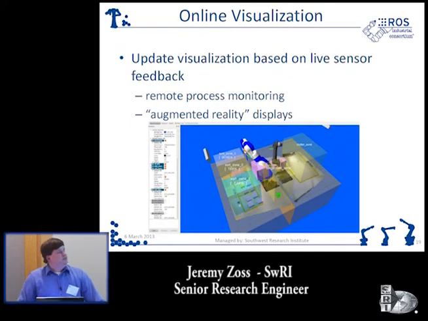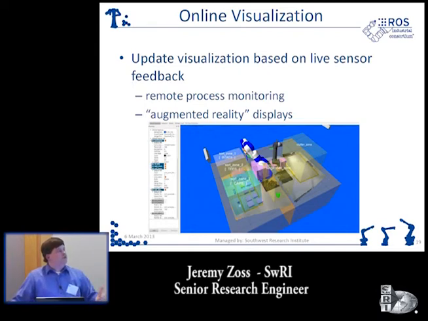So all of those we're talking about offline capabilities. You can use the same visualization tools for online processes also. So the same visualization environment can connect up to a real robot and update the virtual picture based on the actual robot position, which is okay enough. You know, you can make a movie, a remote screen showing what your robot's doing in the work cell, but